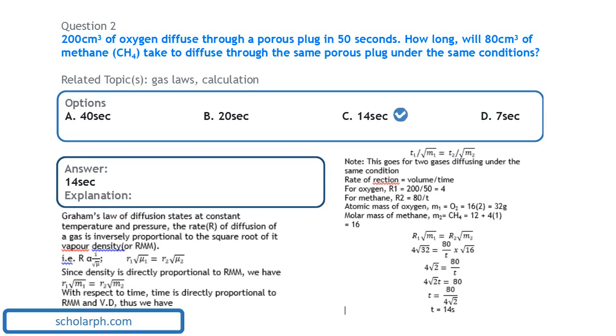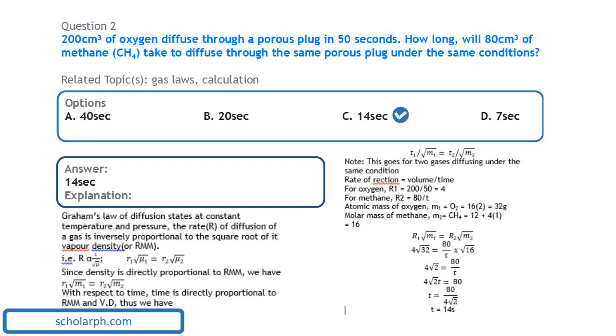Alright, in solving this question, we are going to be using Graham's law of diffusion. Now, Graham's law of diffusion states that the rate of diffusion is inversely proportional to the square root of the vapor density. For two gases, let's say gas 1 and gas 2, that are diffusing under the same